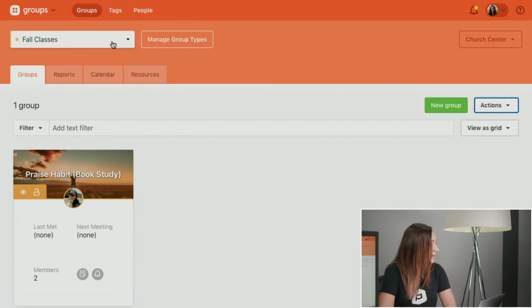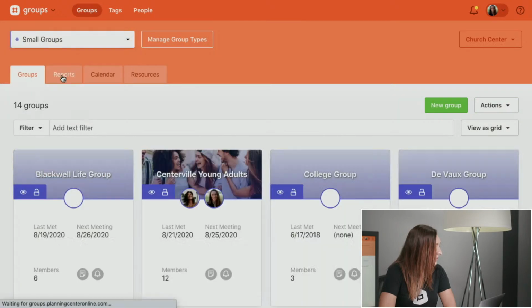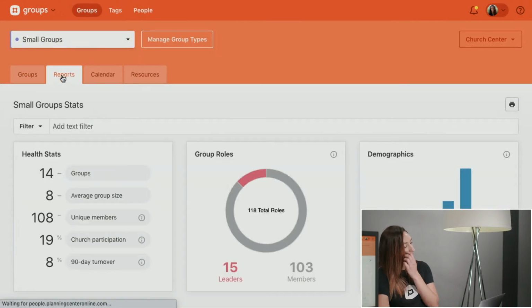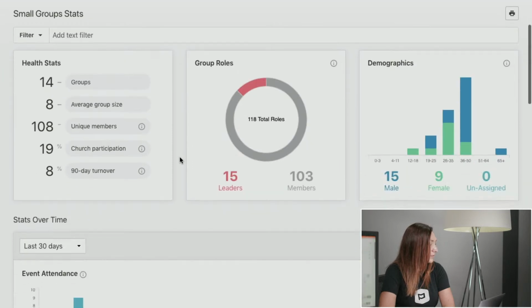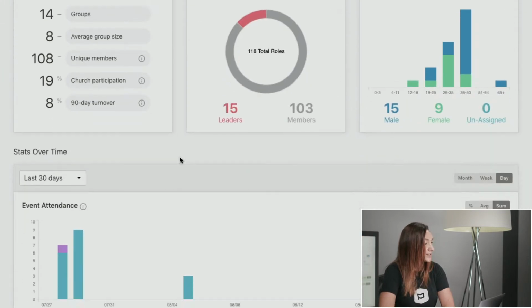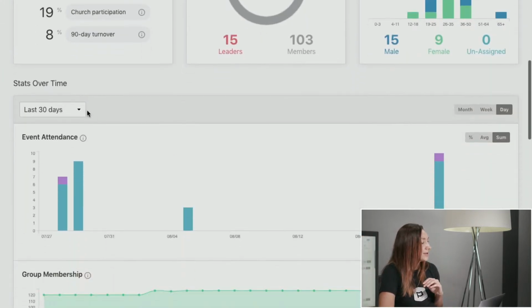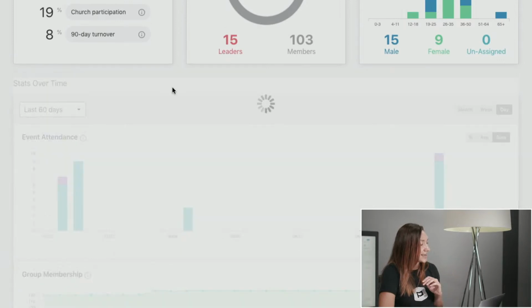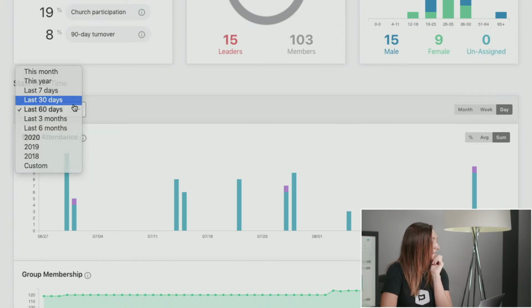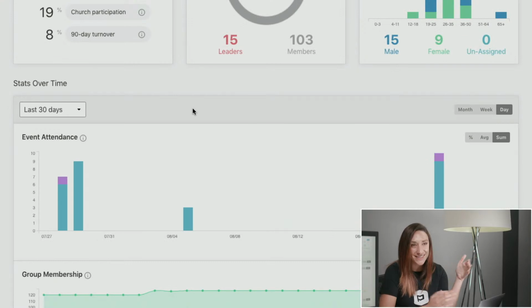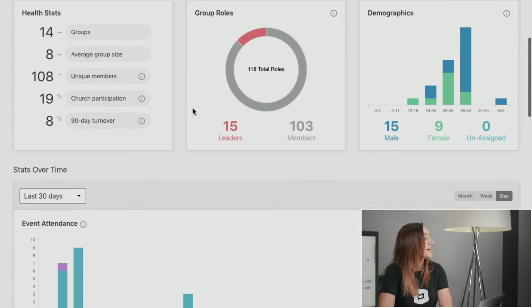So there is that. I'm going to go back to small groups for these reports because the next tab is reports. I'm not going to go into this too much, but again, you have that filter bar available to you. We show you different stats that apply to all the groups that you're filtered to. You can set date ranges and watch the bar graphs move and show you the data, which we love data. So again, play around with that. That's going to look different based on your groups and be reflective of your group's life.